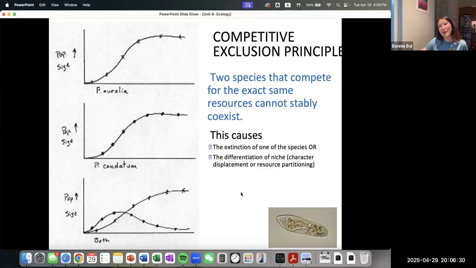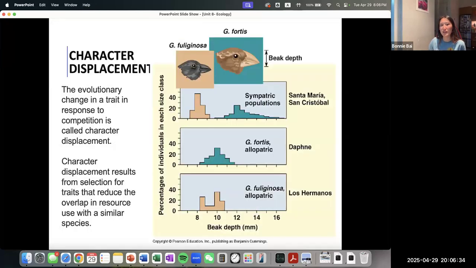So, the ones we were talking about earlier, clicking through this. This is the example of character displacement. You can see how one species of the finches, when they're on their own, is fine. This is what we call beak depth, how wide the beaks are this way, which is what allows them to crack certain size nuts. When they're on their own island, not with each other at all, their beak depths are actually pretty similar.